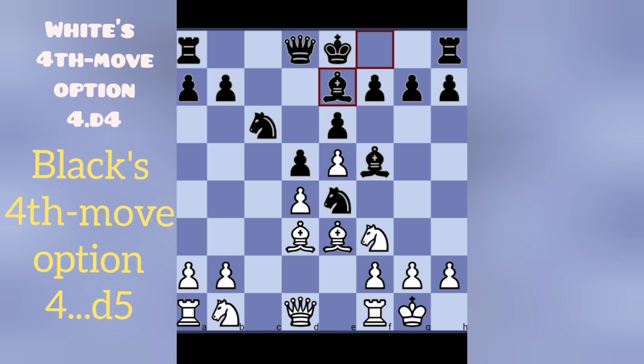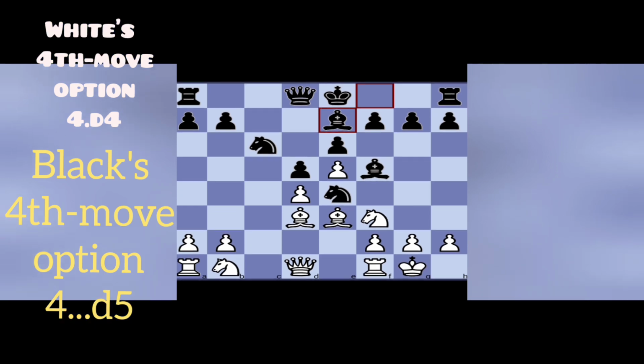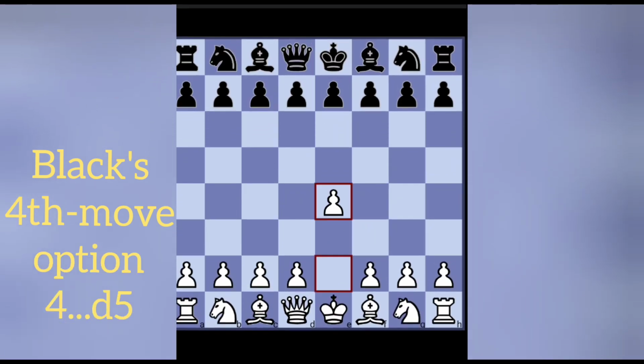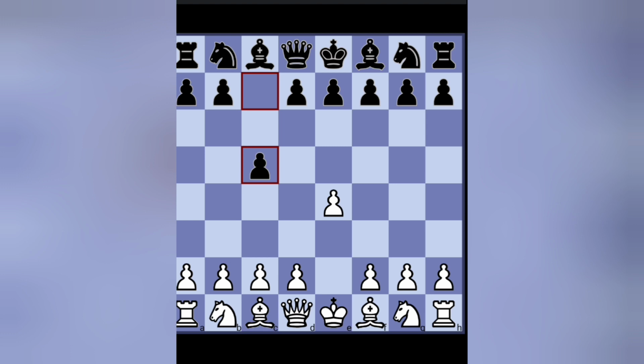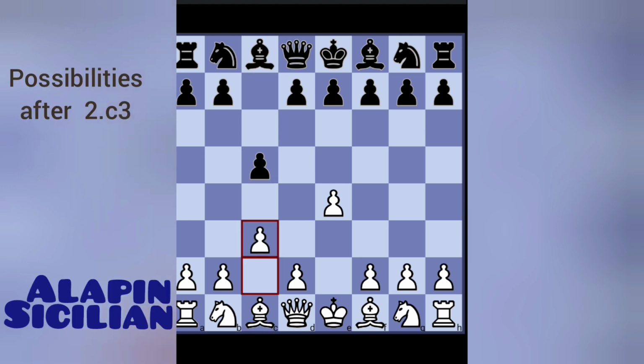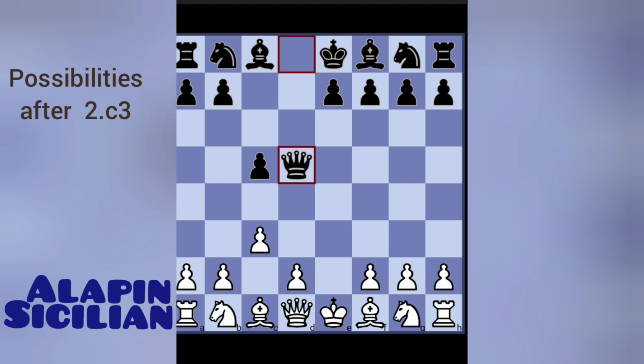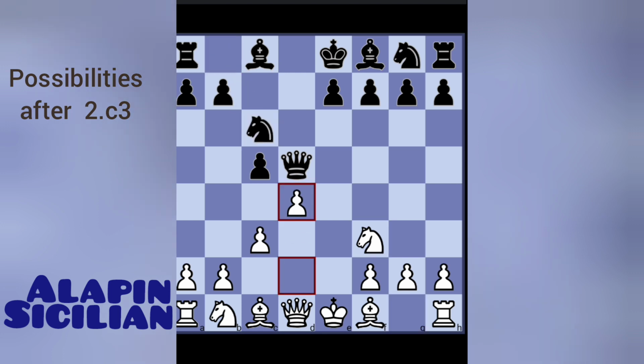Now let's examine positions after C3. Taking a look at the possibilities after E4, C5, C3. White's second move choice here. And black grabs the center with D5, and after ED, queen takes D5. White continues with development with knight F3 and knight C6, D4. White contests the center,